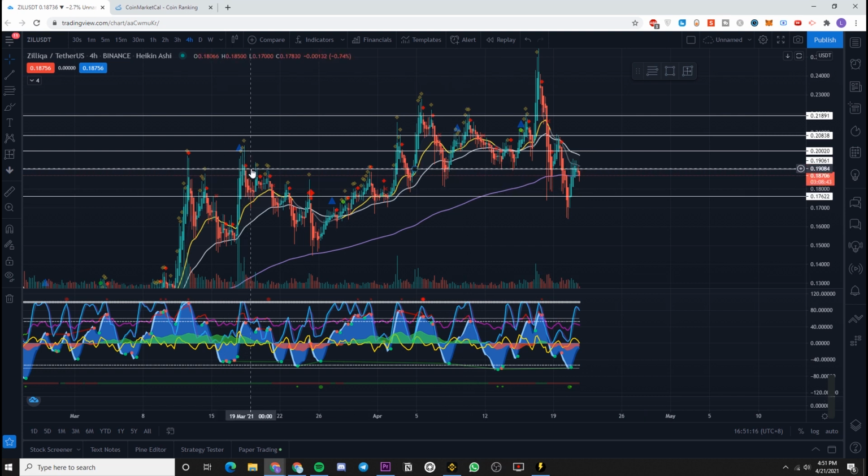So if you can see on this level here, price got rejected once, twice, thrice, 4, 5, 6, 7, 8, 9. Over here, price reacted many times as well. Over here, price reacted many times as well. Same goes for here. So those will be your significant levels of support and resistance. And remember, when you are looking for these support and resistance lines, you want to zoom out to a higher time frame so that you are seeing the bigger picture. So all of these, feel free to mark it on your own chart, but all of these levels would be